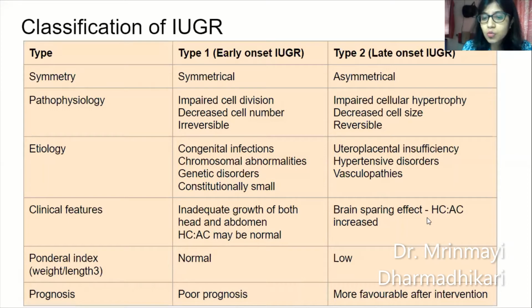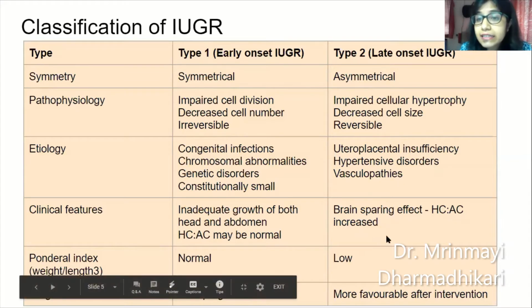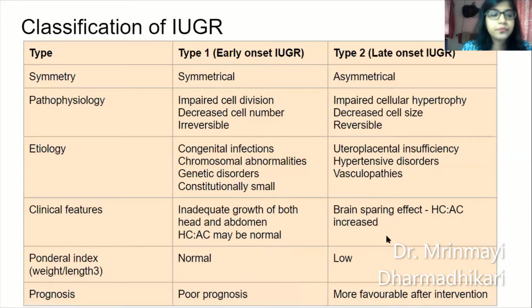But in short, because of this uteroplacental insufficiency, the fetus undertakes compensatory mechanisms and distributes its cardiac output preferentially to the vital organs, which includes the brain. So therefore, there is a brain sparing effect, and hence the head circumference to abdominal circumference ratio is increased in type 2 IUGR. Ponderal index, which is weight divided by length cube, is normal in early onset IUGR because